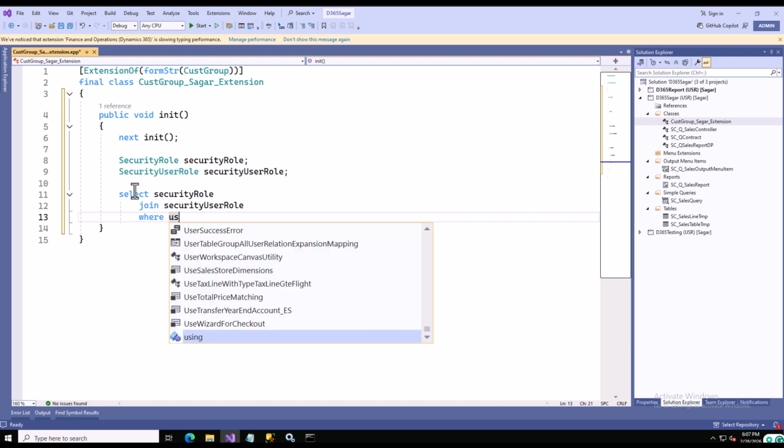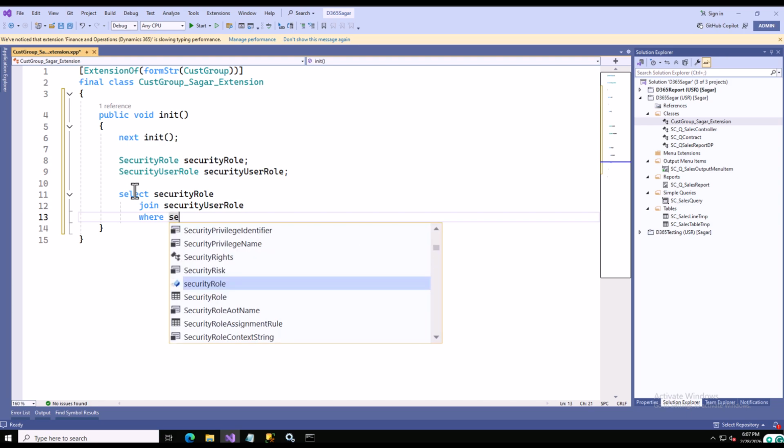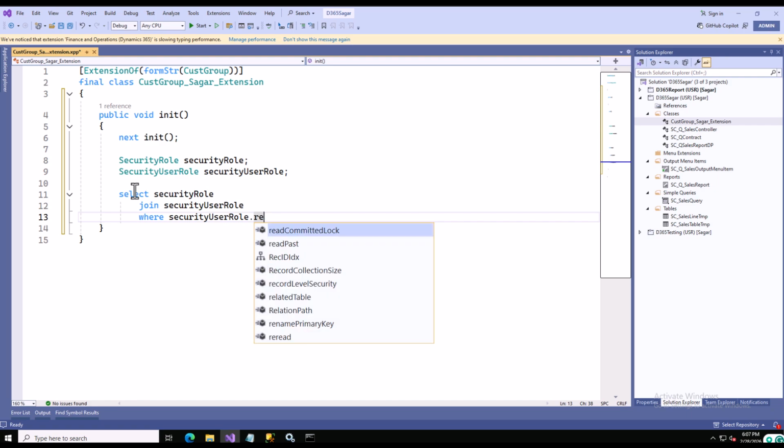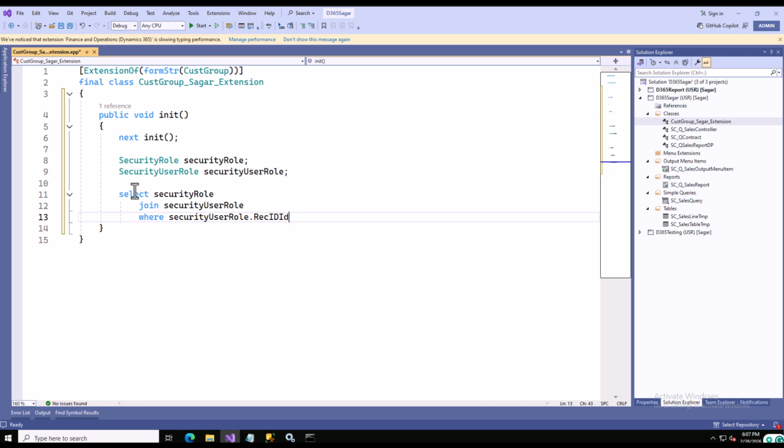Basically the relation is that your security user role dot rec id is equal to